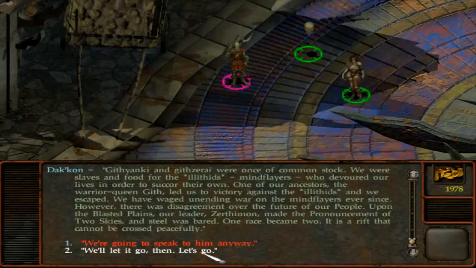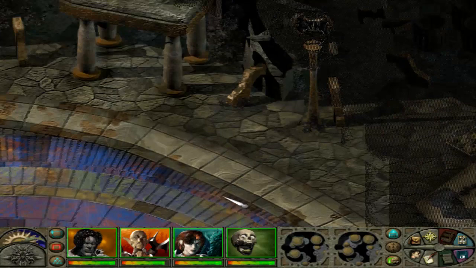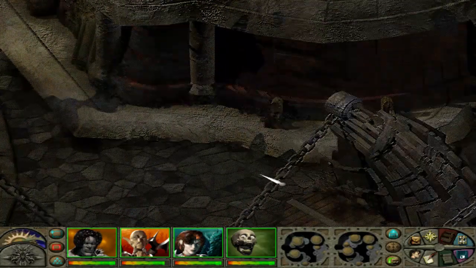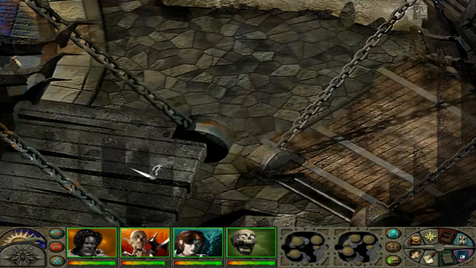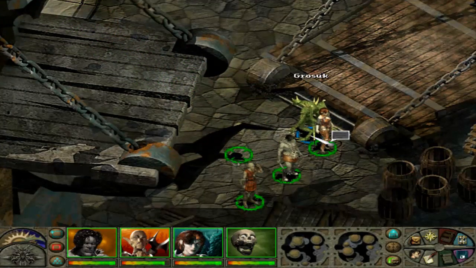We'll let it go then. Let's go. I don't want to make Dak'kon uncomfortable. Although, according to some advice I've gotten, I may have to if I want to get even closer to him and, like, get that good ending. I don't know if I want to talk to this Abishai. I'm pretty sure that's an Abishai, but it has a name, and usually people with names are meant for talking to, so...